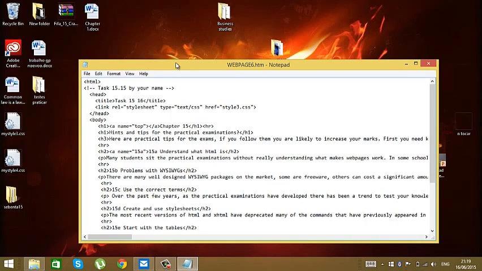We will close it and we will also close the a. We go to 15b. We'll do the same thing: a name equals 15b. Close the a.